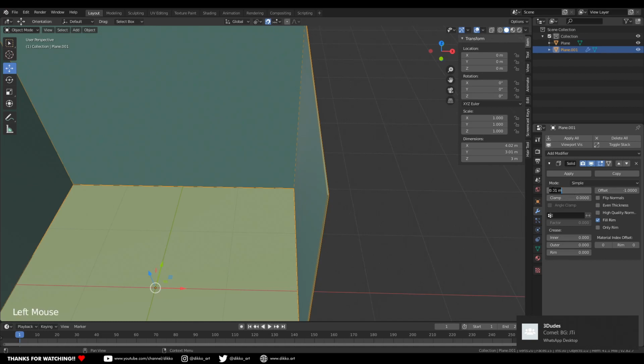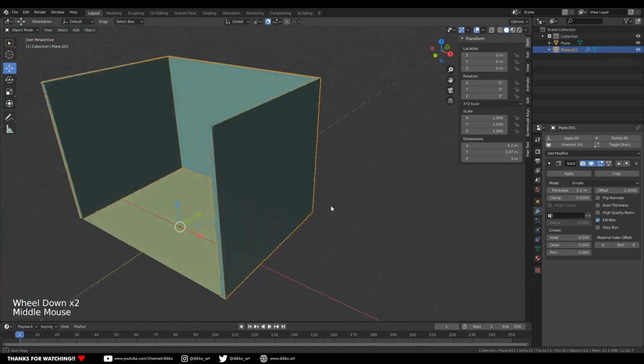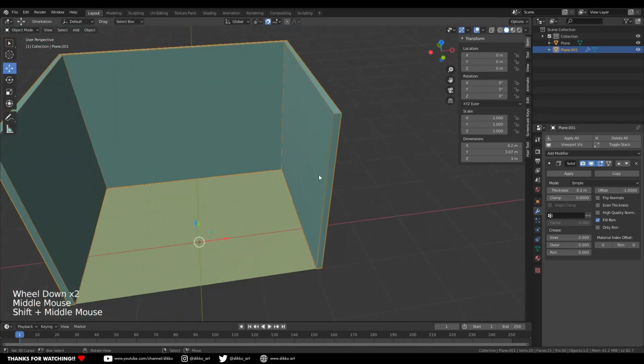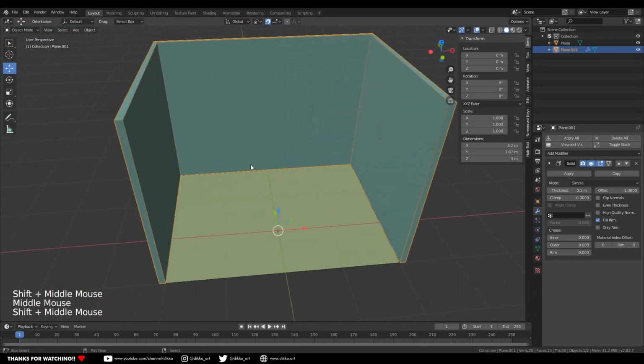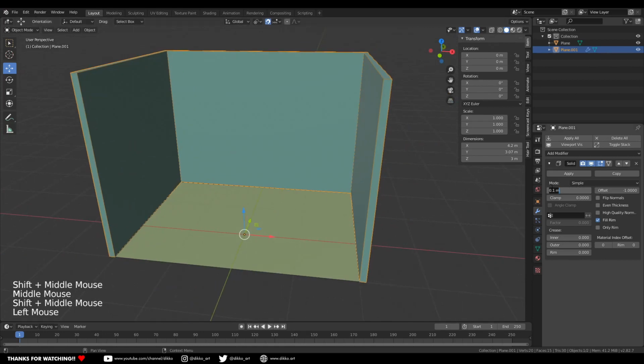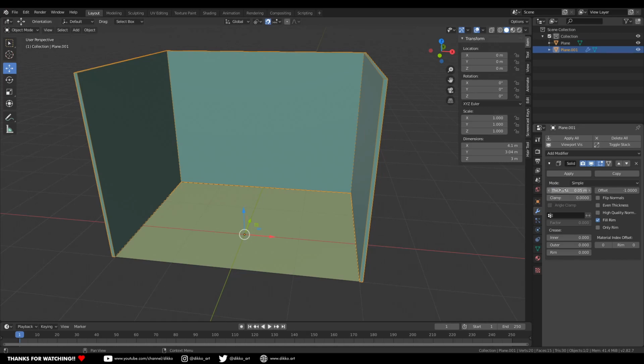So we can actually add thickness to this thing and make it 100 centimeters. And there we have it. Perfect thickness for a wall. Or you can have it like 0.05 meters, which is around 5 centimeters. And you can actually type in centimeters in Blender as well. So if I were to type in 50 cm,